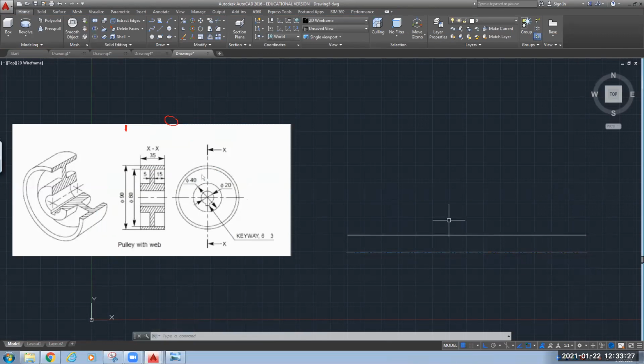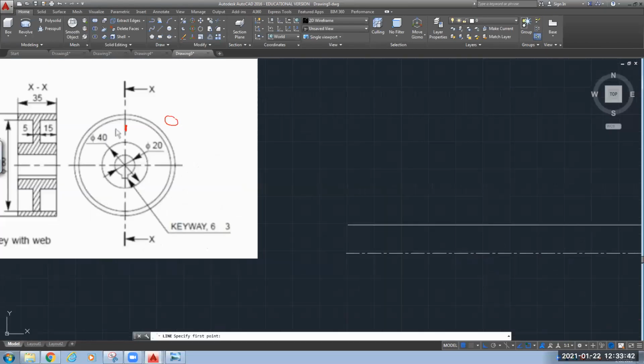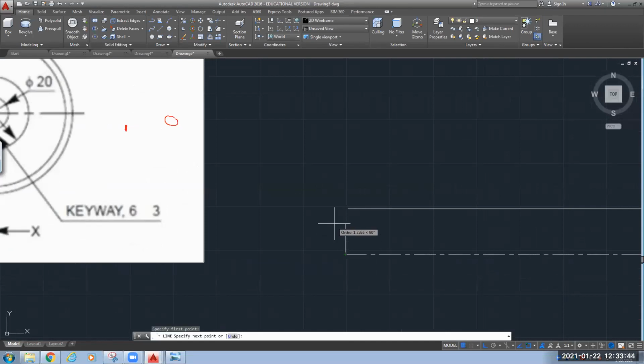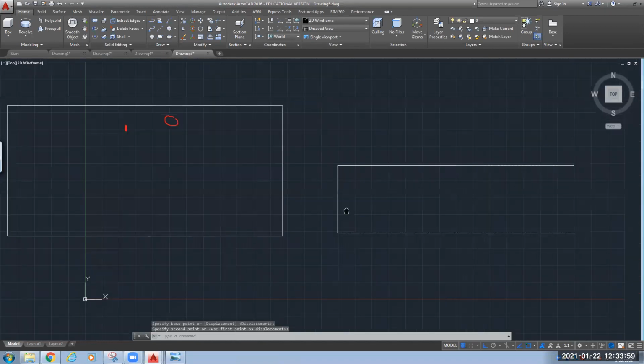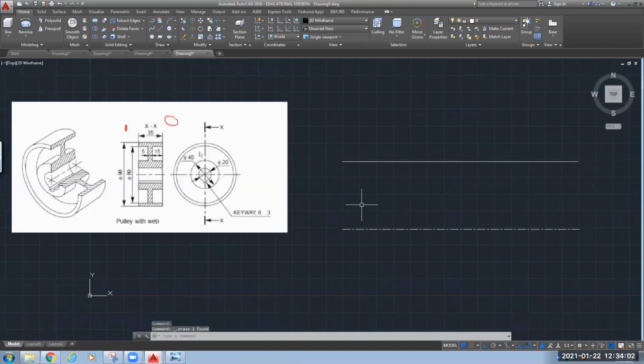Now we have to check at what distance it is. We need to keep it at a distance of 10 from this line. Let us check at what distance it is. Okay, so this is your 10 distance line. So move this baseline to this point. Now you are at a distance of 10 units from your base center line.